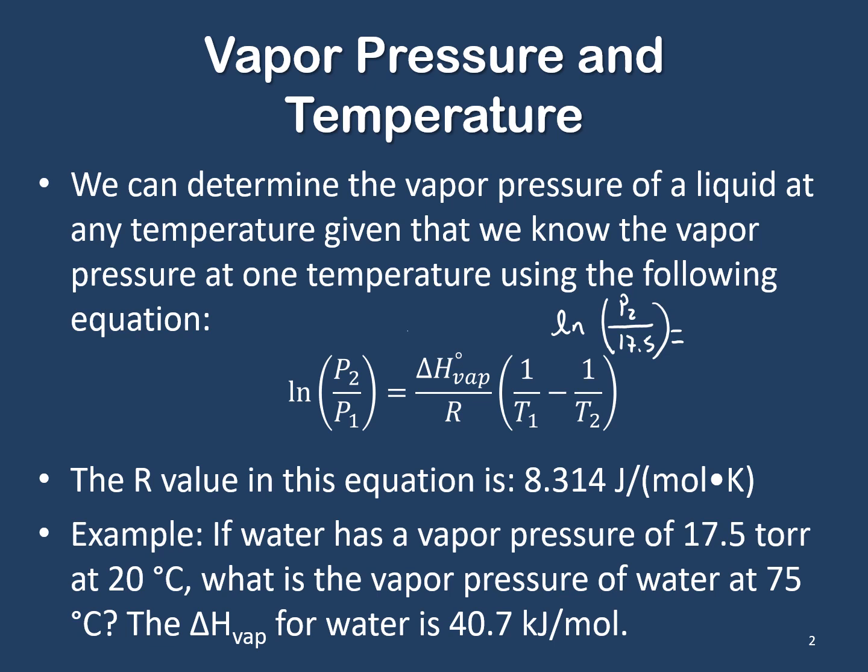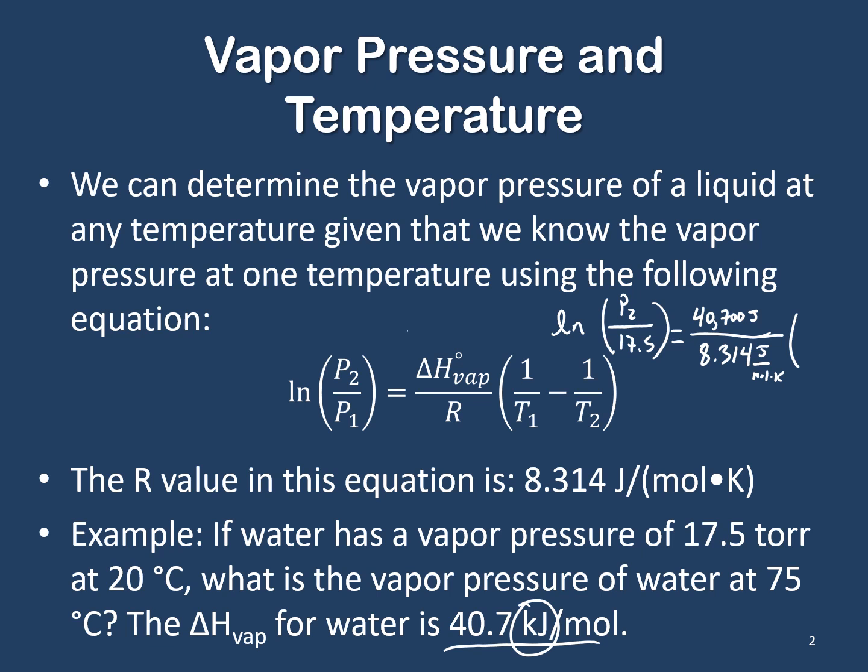I'm going to set this equal to delta H, which we are given, 40.7 kilojoules per mole, over R, which is 8.314 joules over moles Kelvin. Now, this joules thing can get us into some trouble because this value up here is in kilojoules. So I need to convert that